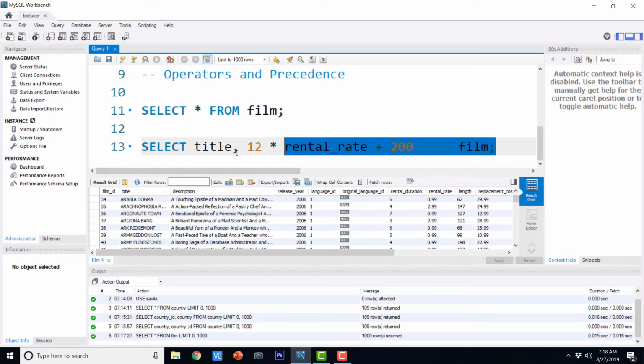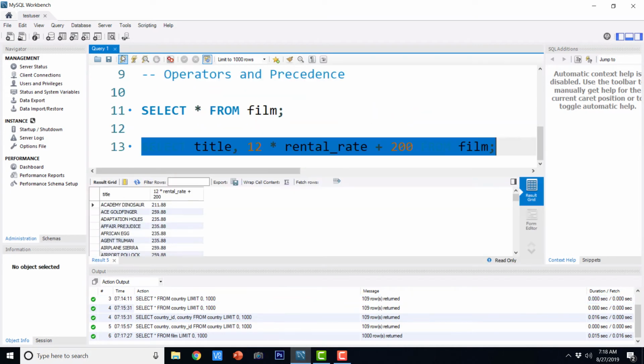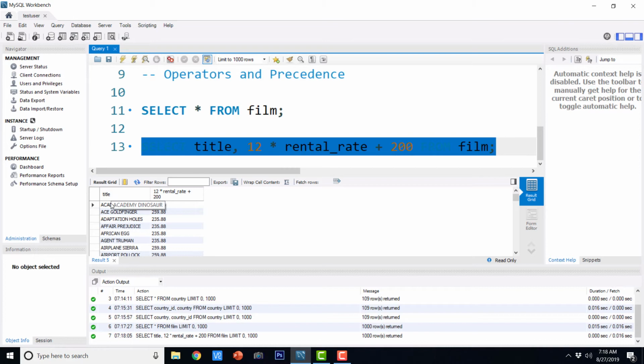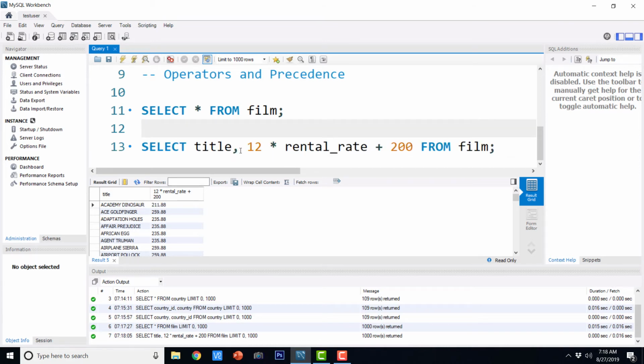So if I execute this, it is title and rental rate. Okay. So here we are multiplying rental rate by 12 and then adding 200 to that.